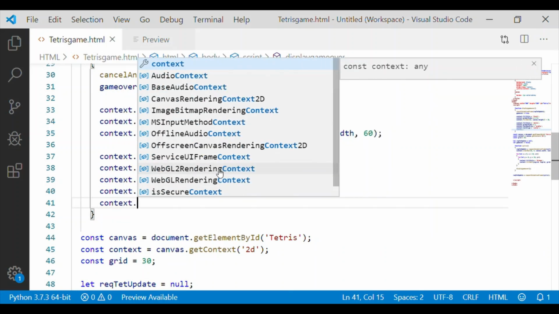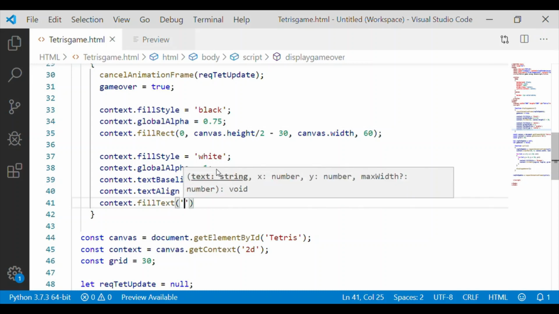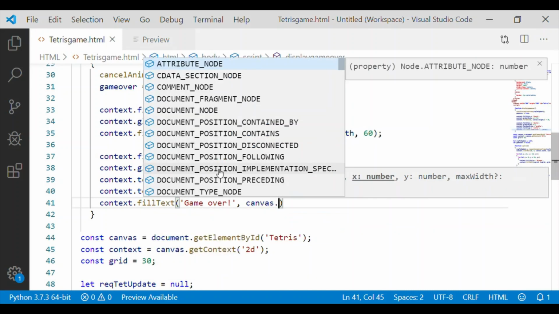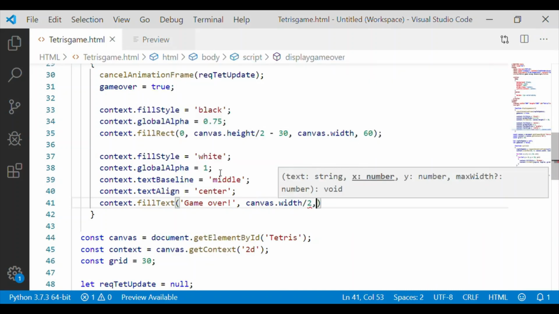We will put context fill text, and the text that shall be displayed is game over, and it shall be to the center, hence canvas width divided by 2, then canvas height divided by 2.